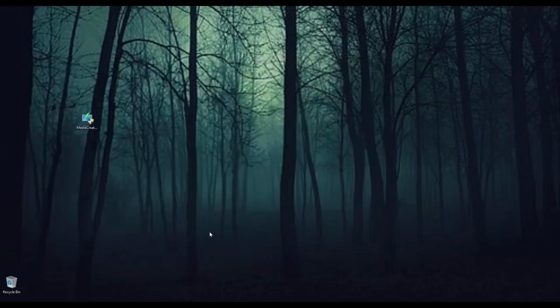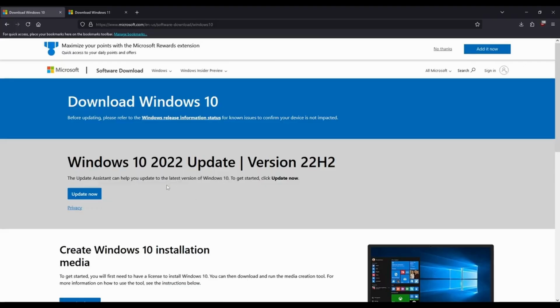Okay, so I'm gonna quickly show you how to download Windows 10 and Windows 11 using the media creation tool. Now this is a Microsoft tool, obviously. So to do this, just come through to the Microsoft site. So if you want to download Windows 10,